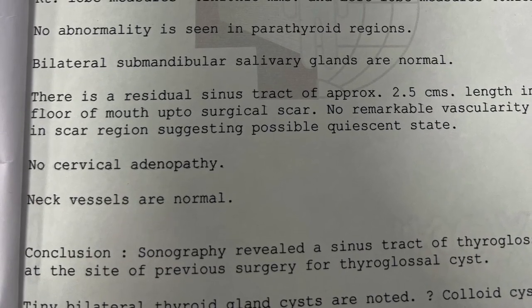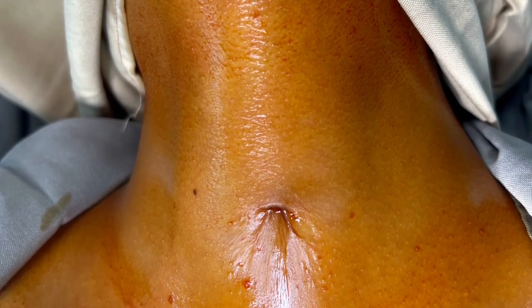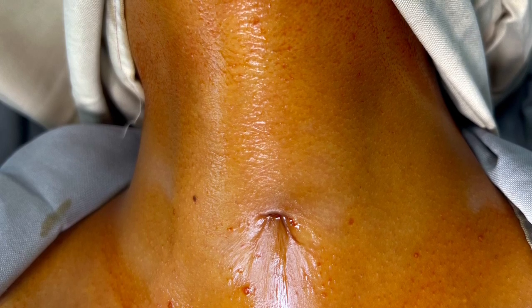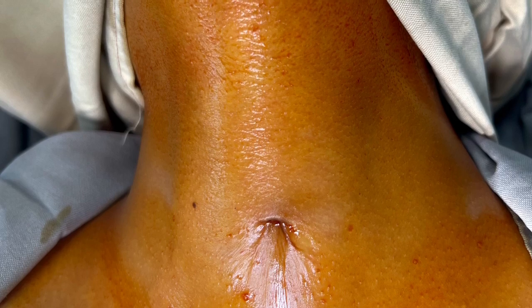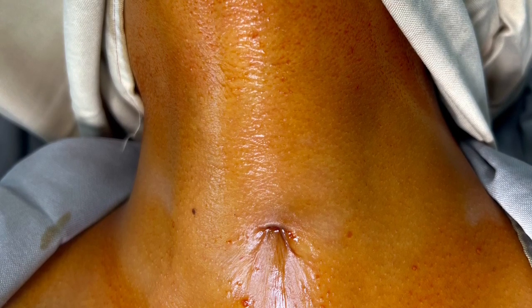Initially there was intermittent serous discharge. Over time it became recurrent with occasional mucopurulent discharge. Discharge increases during upper respiratory tract infection. There is no dysphagia, no odynophagia, no breathing difficulty, no change in voice, no neck swelling, and no history of